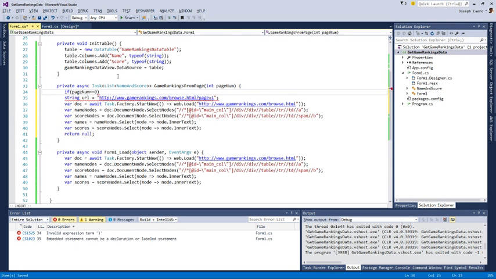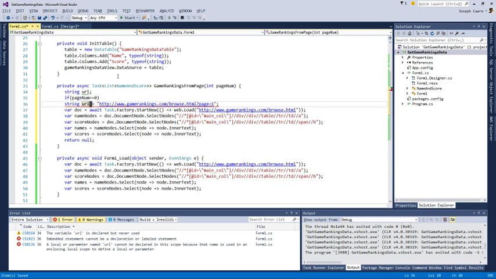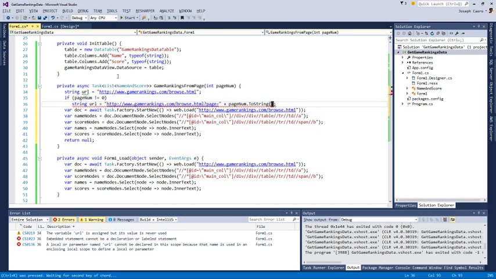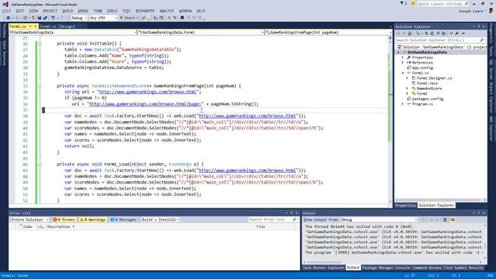So page num is 0. There, we're gonna do this. Page num does not equal 0. So this will adjust our URL appropriately. We're gonna use the URL in here. And we